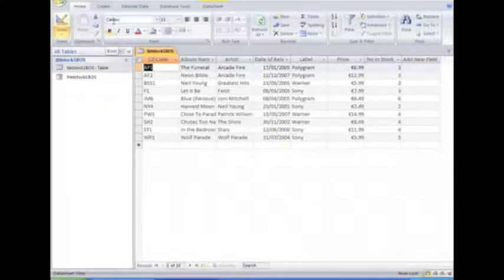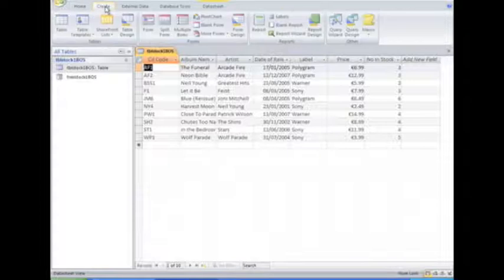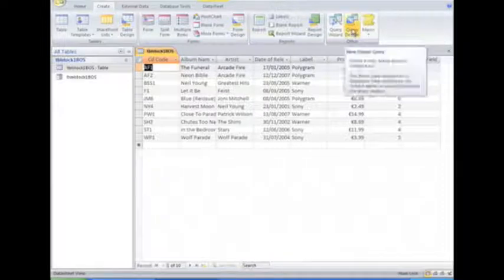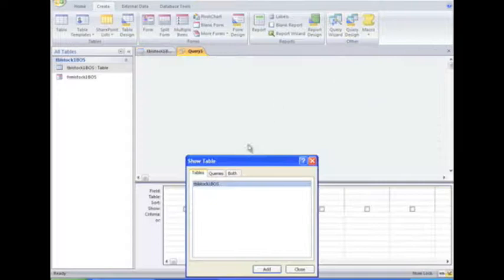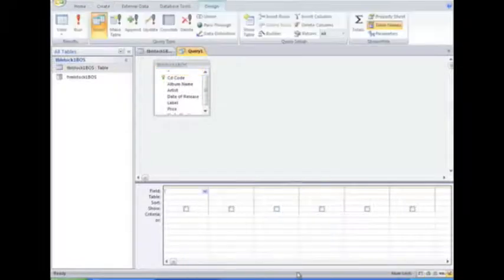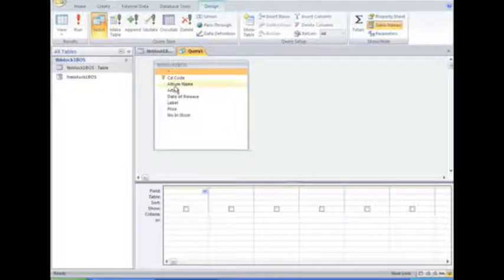Okay, back in our database, we're going to use the create option here, and for queries, we're going to use the query design button to create our query. Straight away, we're going to decide on what table we wish to query. TBL stock 1, our table. We'll just double click on that and close off that dialog. Now we want to display all the fields, and an easy way to do that is just double click on that star button